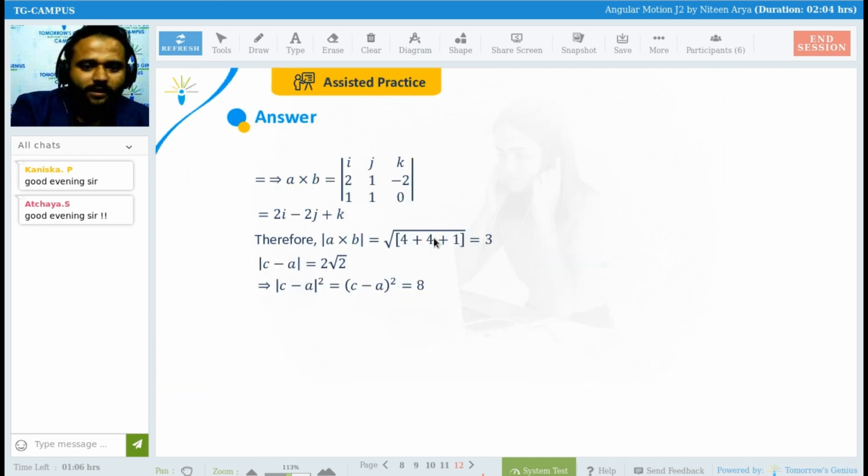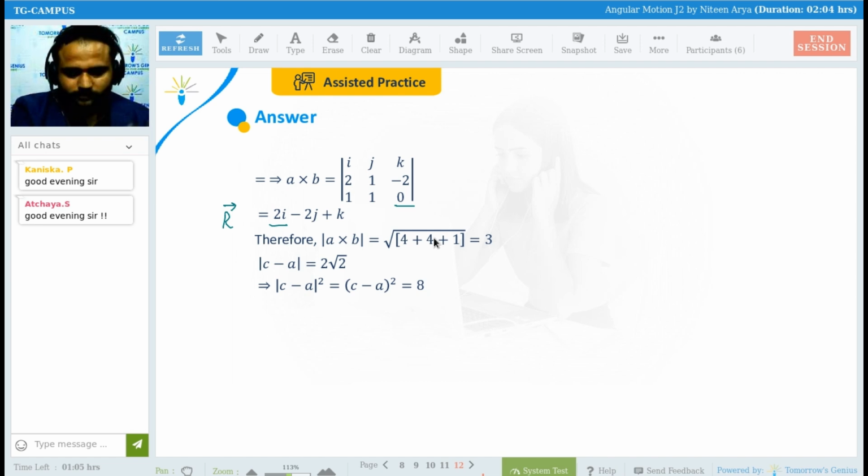So as you can see, A cross B you can find in this way, I, J, K. Because in B you don't have K component, so you can put 0 over there, right? Then this is your I, J, K resultant vector, and then you can find the magnitude of the resultant vector: 4 plus 4 plus 1, which is 3. Got it? So this is the resultant